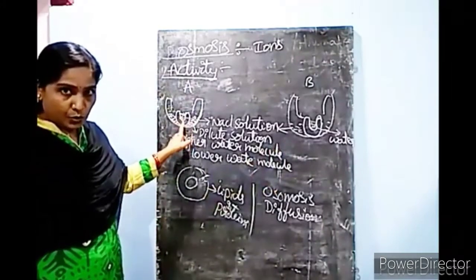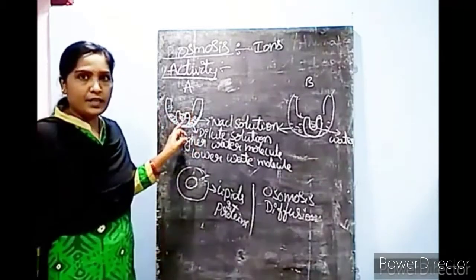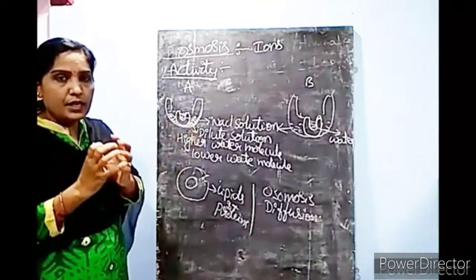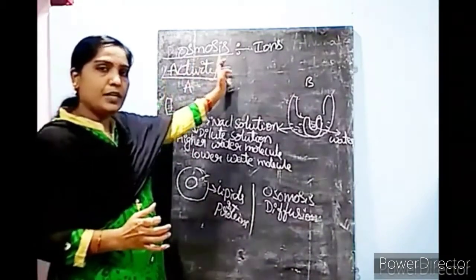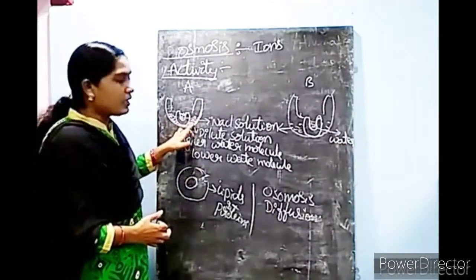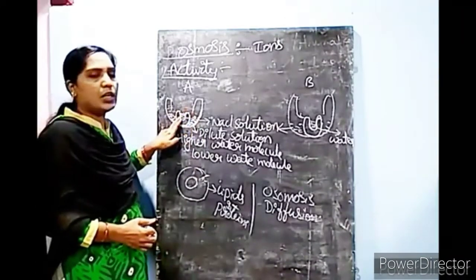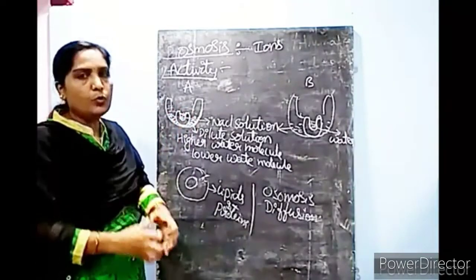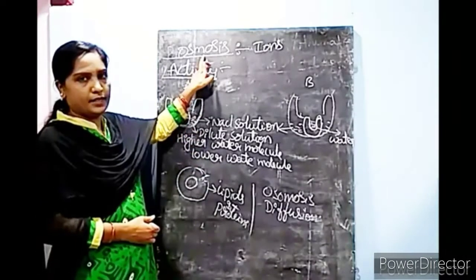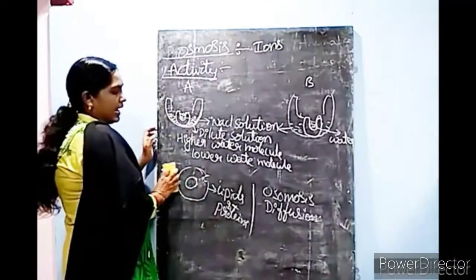Higher water molecules are outside the potato, that means outside the cell. This potato you consider as a cell here. So water molecules are outside more. You see, the osmosis process takes place mainly in liquids. So when we are talking about liquids, here higher water molecules are there. So from high concentration to low concentration, water molecule movement takes place. This process is known as osmosis, or even you can also define this as